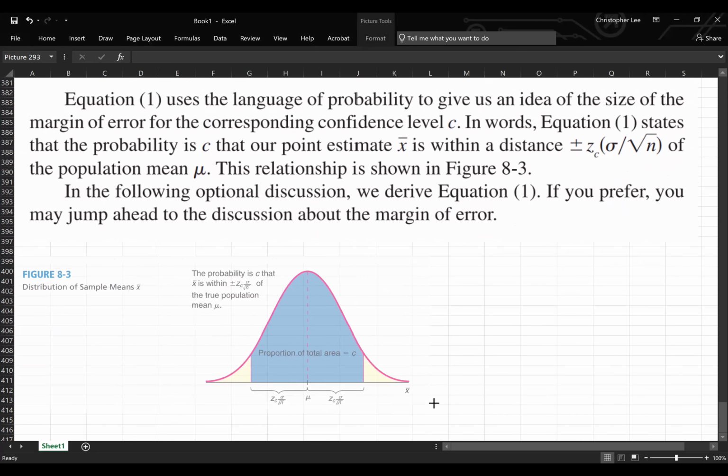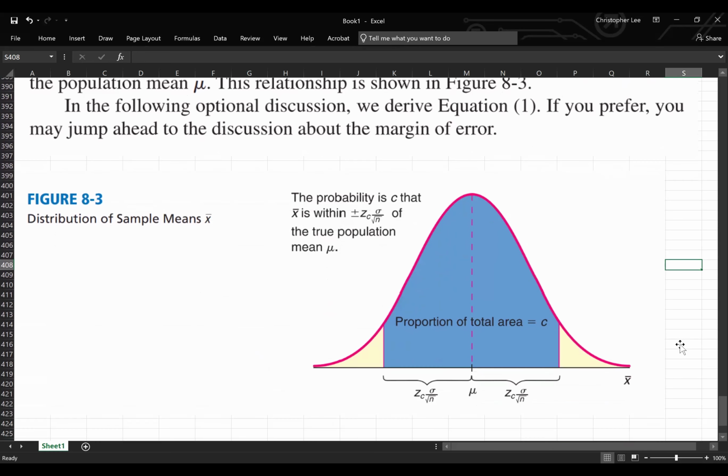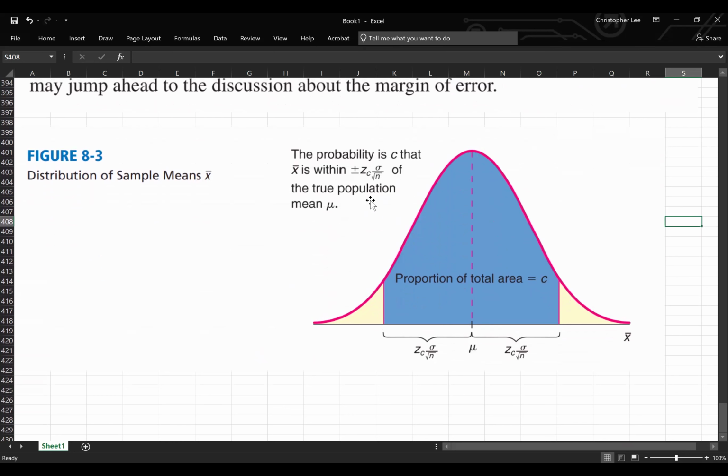So here you go. This is the distribution of the sample mean. The probability is C. That's this area in the blue: X bar is within plus or minus the Z critical times the standard deviation divided by the square root of N of the true population mean mu. Long story short,